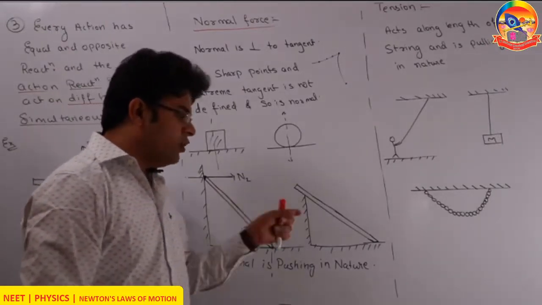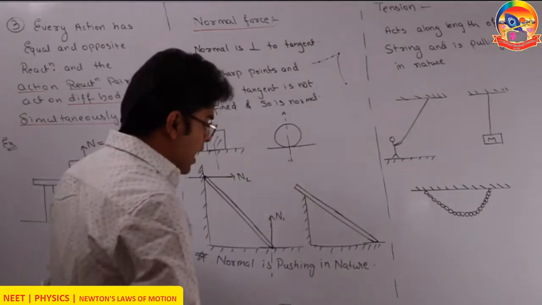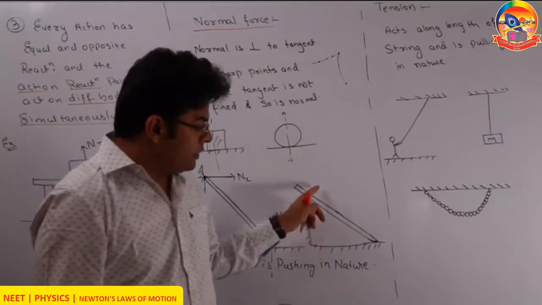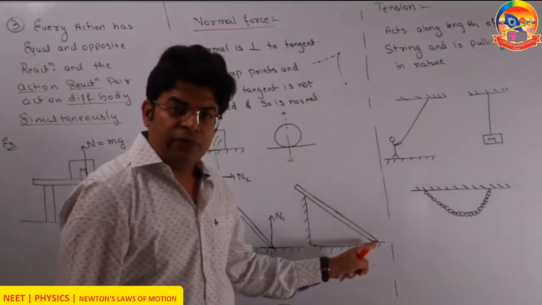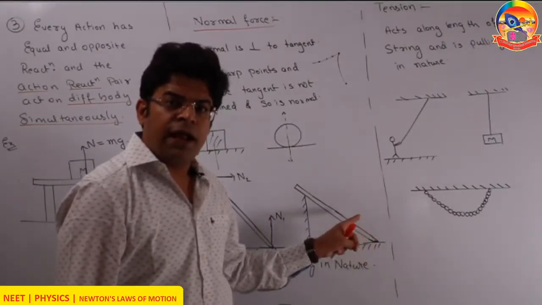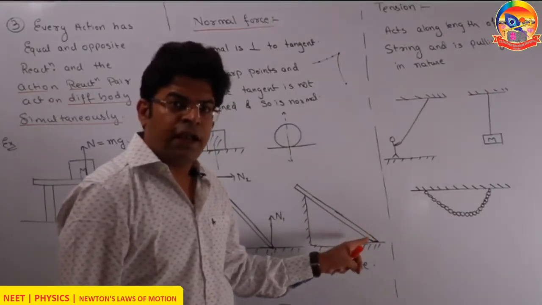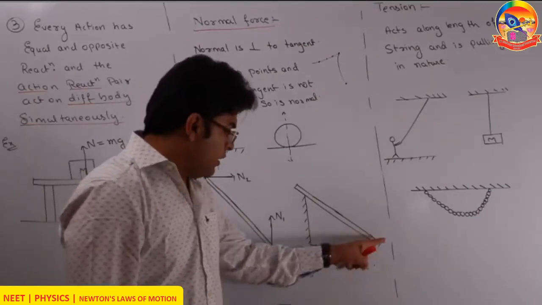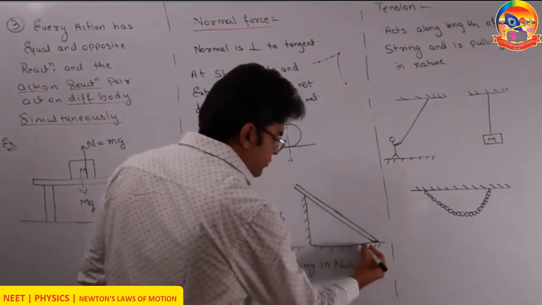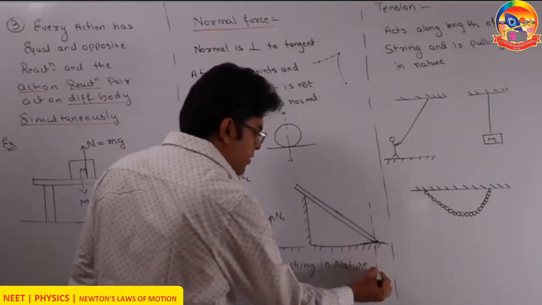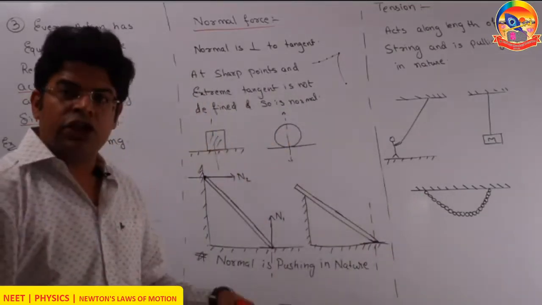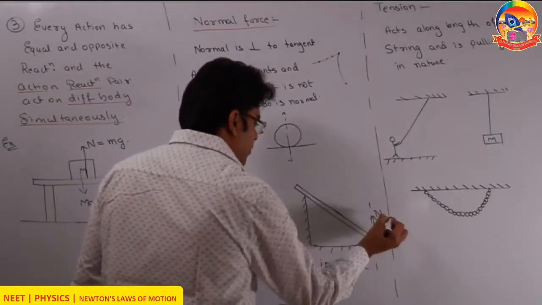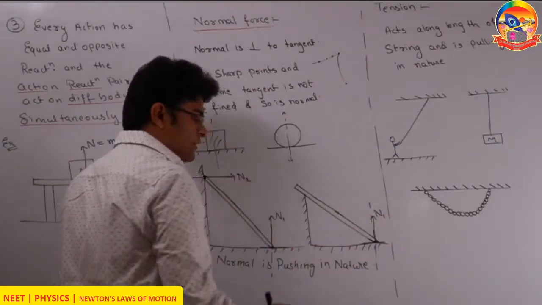Let's take one more example. What if the wall does not have sufficient length? Again, looking here on the floor. Since it is the extreme point for the ladder, here the tangent on the ladder is not defined, so the normal on the ladder is not defined. But at this point on the ground, the ground has a tangent, so the ground has a normal. So the force will act along the normal to the ground. Let's call it upward N1.